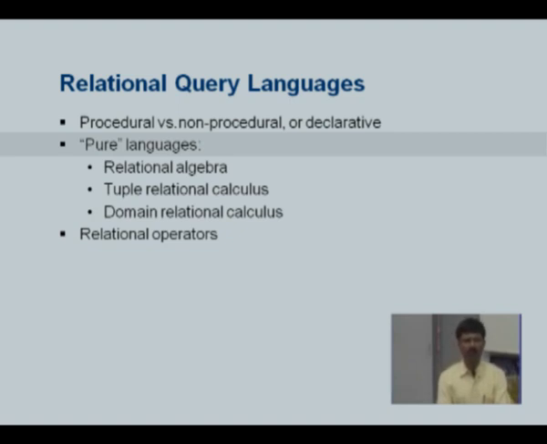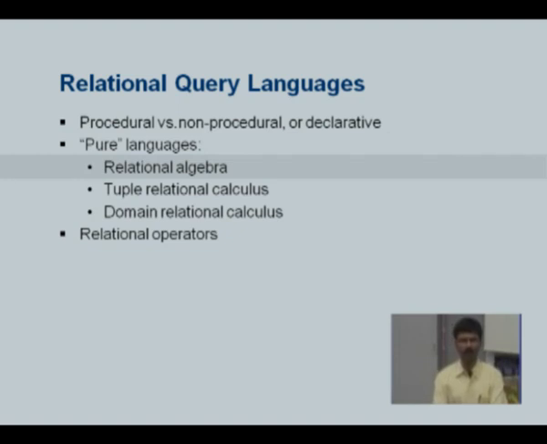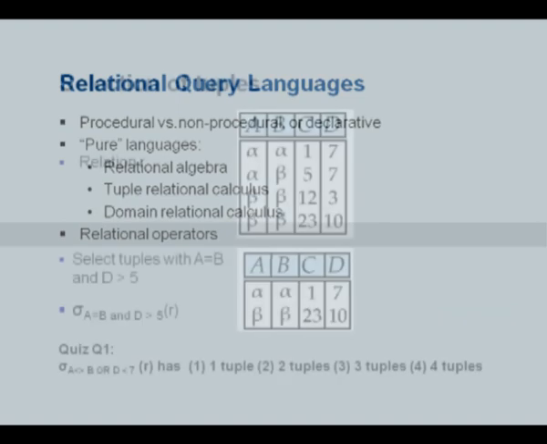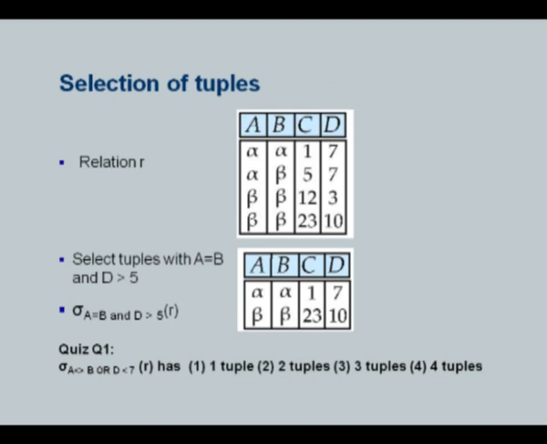So there are going to be real life languages, we are going to look at SQL also, although there have been others. And typically what will happen is the first stage of a query processor will convert your human readable query in SQL into something like the relational algebra, which is a pure language without syntactic sugar, and then a second stage will figure out how to evaluate it. We are going to look in this chapter at the relational operators which are a part of relational algebra. We are not covering relational algebra in great detail, but it's very important to understand these operators. So what are these operators? So the first operator,